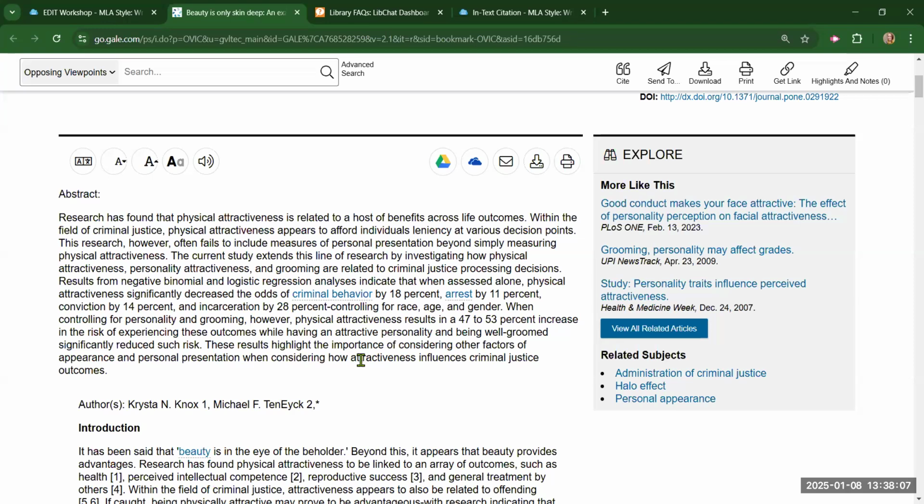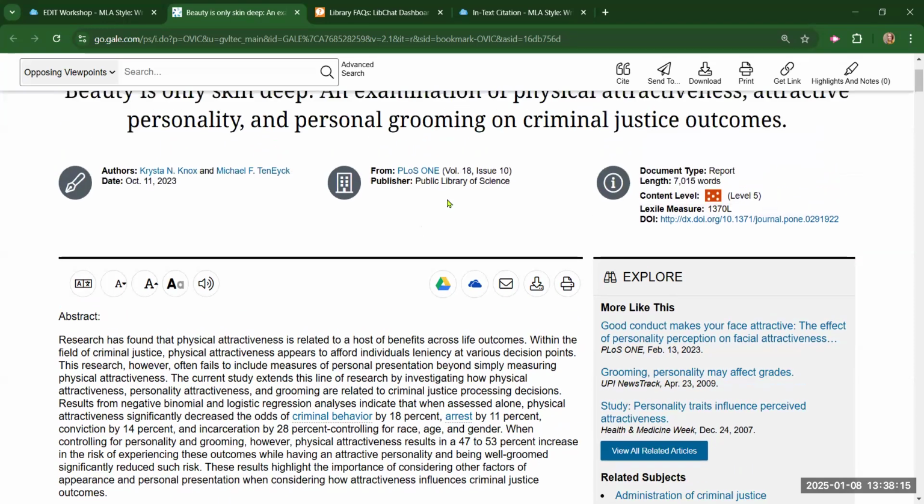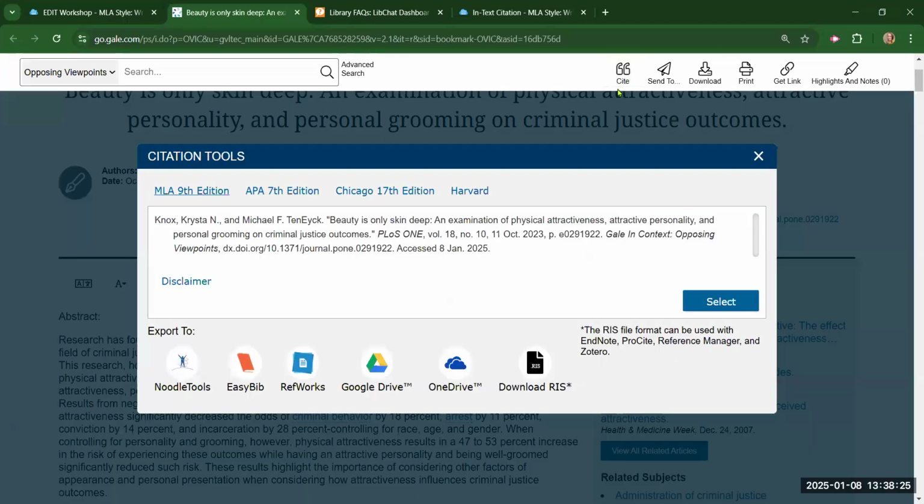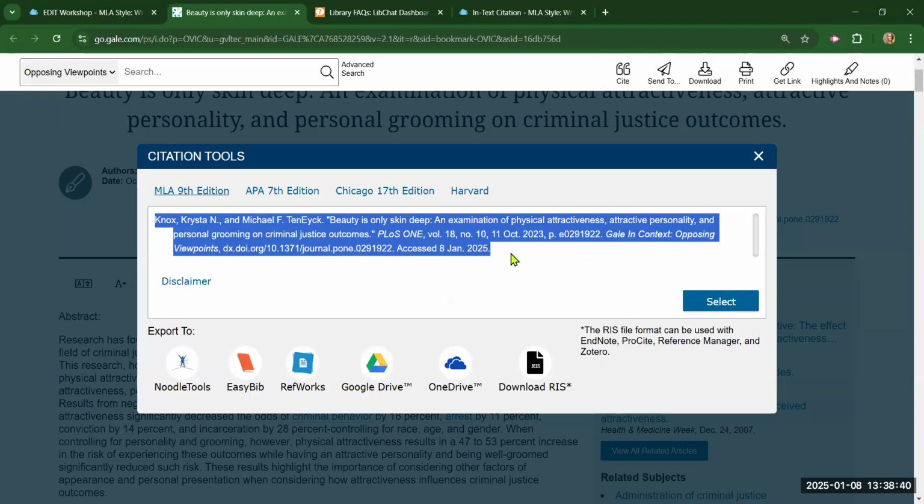Once you've read the article and decide that you are going to use it as a source in your paper, you need a starter citation. To do that, look at the top right across from the search bar at the tool icons and choose the Cite tool, the quotation marks. You want to make sure that you're looking at the MLA 9th edition, and you can highlight it with your cursor or click Select, Control-C to copy it,